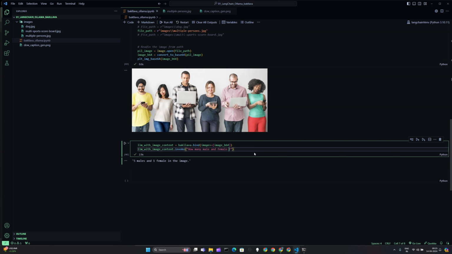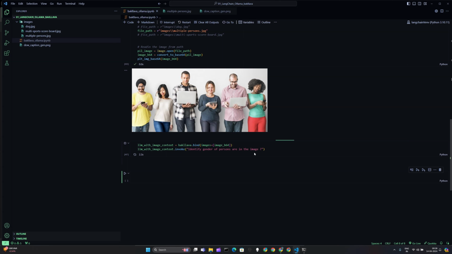But again, let me try with some other command. Identify gender of persons in the image. Let me check this time what it gives me. 5 men and 1 woman. Okay, so I don't know. I'm very curious to know which one is identified as a woman, and which other two as men. I don't know, but anyway,